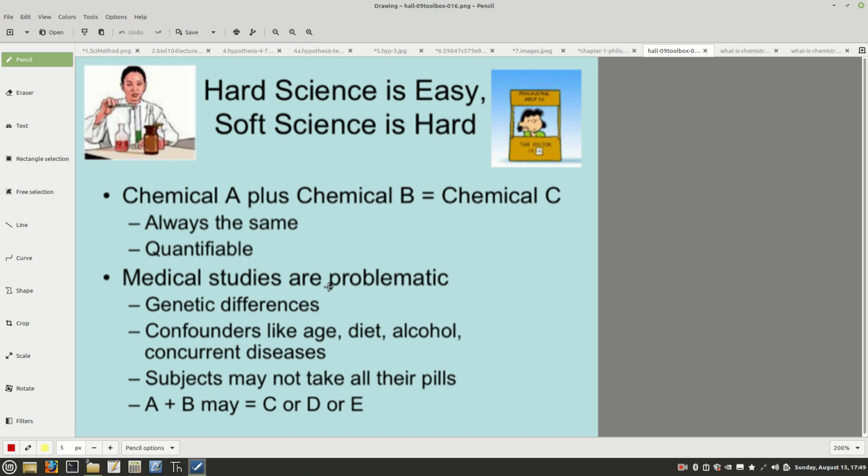So maybe gravity is different the further away you get, or maybe light can travel at a different speed at different parts of the universe. We assume that what happens here happens elsewhere, but since we've never been there, we can't prove it. So that's a problem, but we assume that it's going to be the same.